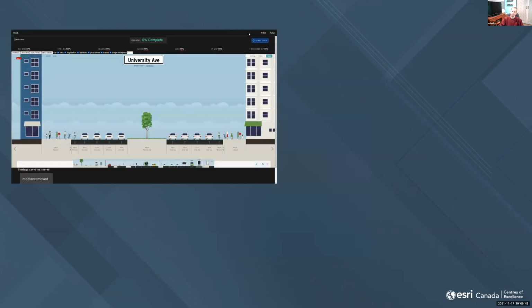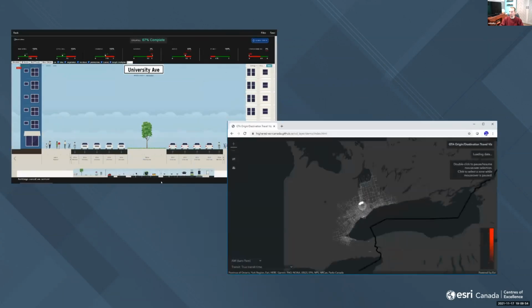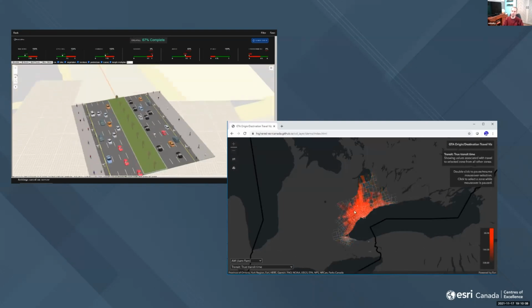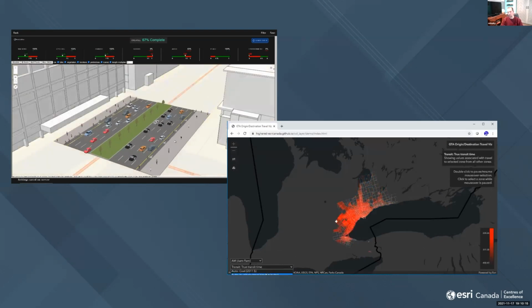And just to drive home, we're not just telling you to use our technology in our education and research group. We do lots of creative things on our own. If I had time, I could spend a long time talking about even these two samples that I'm showing here. One's an origin destination matrix visualization tool that's on the bottom right.